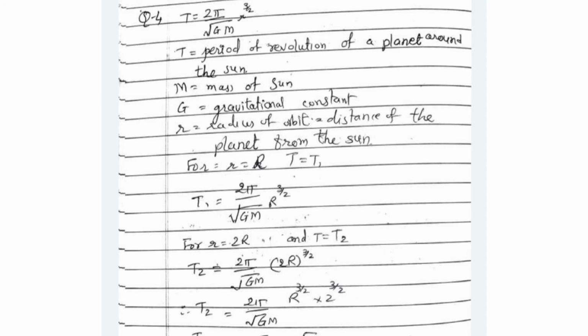What will be the radius of the orbit? See how it is. Here we have the sun. Here we have a planet, any planet which is revolving. So this distance is nothing but the radius of this orbit. Right? So the radius is the distance of the planet from the sun, and that is given as capital R. And let T equal T1. So now T1 is 2 pi square root of (R raised to 3 upon GM), that is 2 pi times R raised to 3 upon 2 over square root of GM.